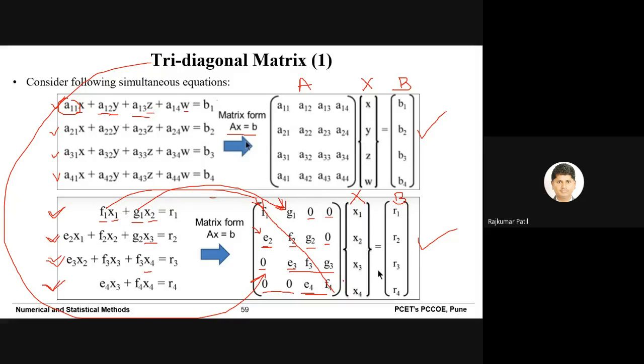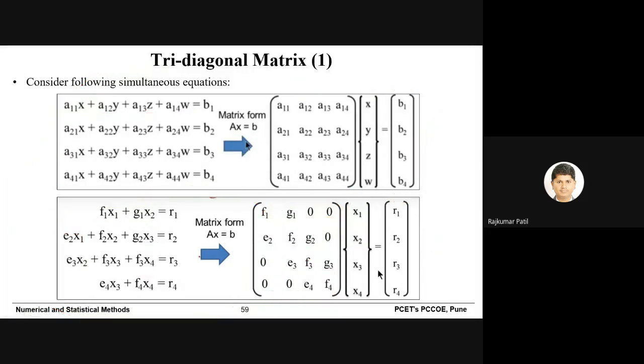It is also called as upper subdiagonal, and remaining terms from other diagonals are 0. So in total, we can say that the main diagonal and its elements are non-zero, and two sub-diagonals, one is above the main diagonal and one is below the main diagonal, their values are non-zero. So such type of matrix is called as tridiagonal matrix.